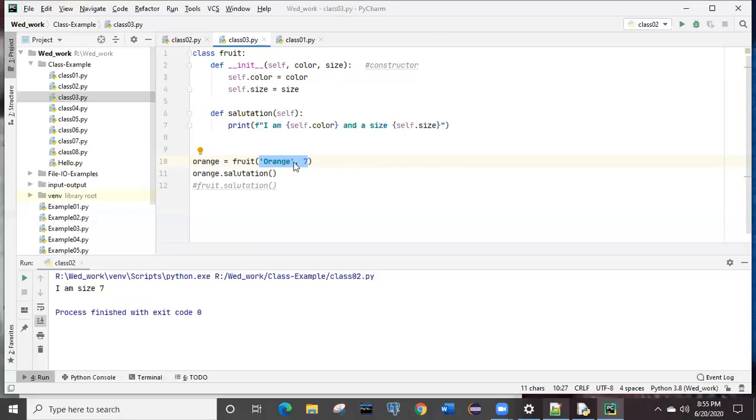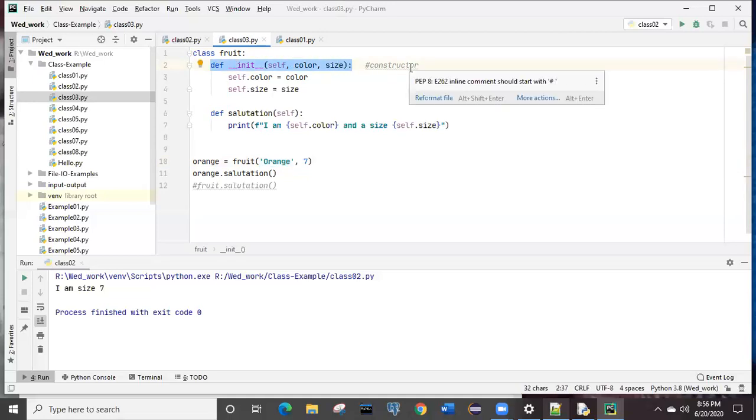These two parameters will be considered as particular features of that fruit. And this is the definition for the initialization, and that is known as constructor. Constructor's basic duty is, whenever an object is getting created for this class, it will initialize it with the values you are passing.